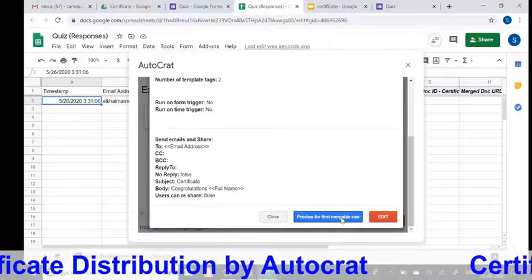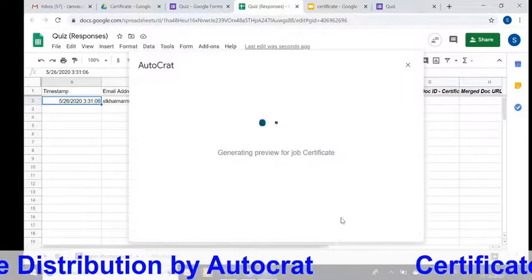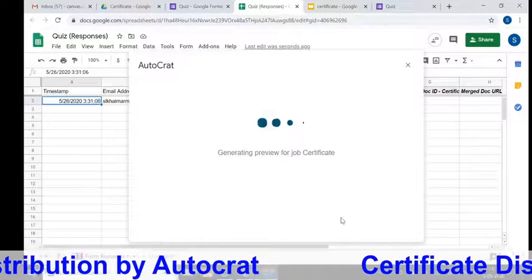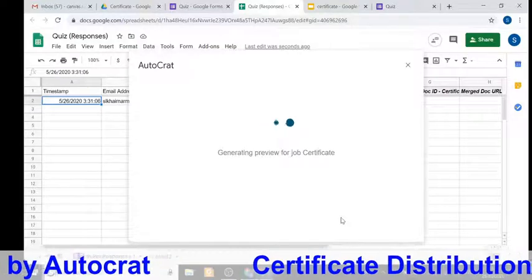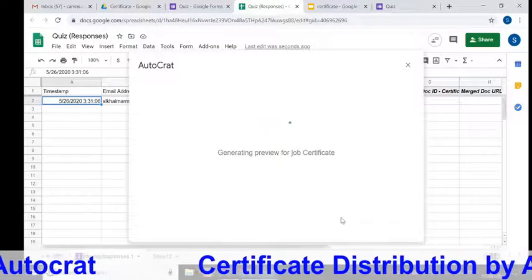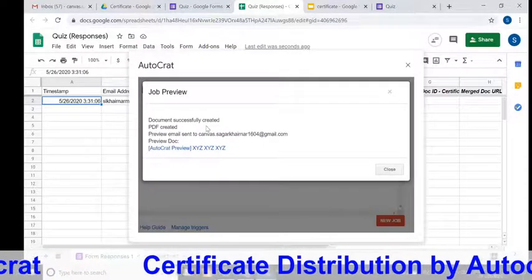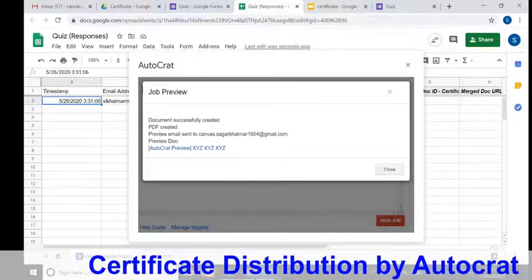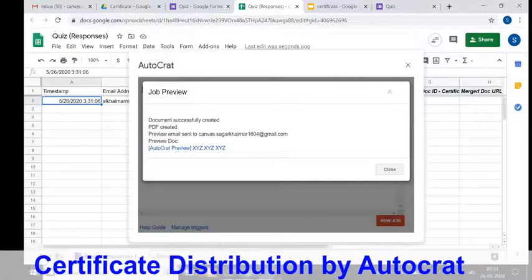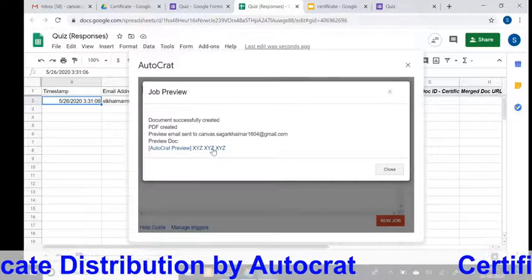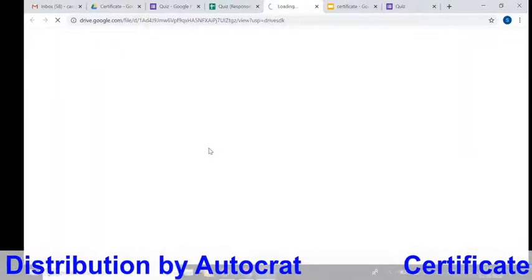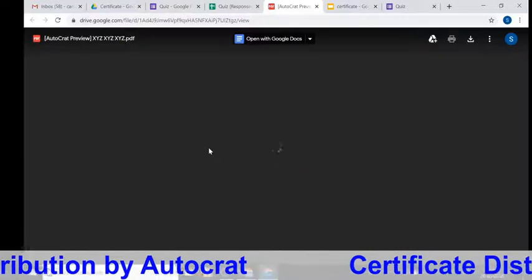Preview for first mergeable row because we have first entry. Now document successfully created. PDF created. Preview email sent to my email ID, and this is preview. This is the certificate.